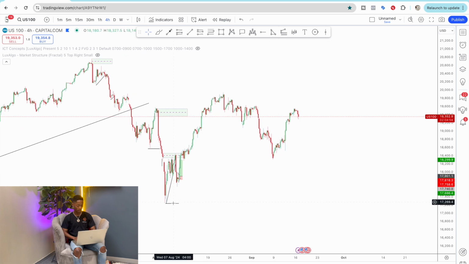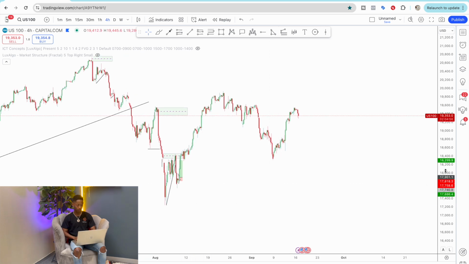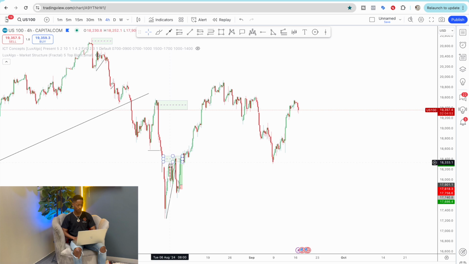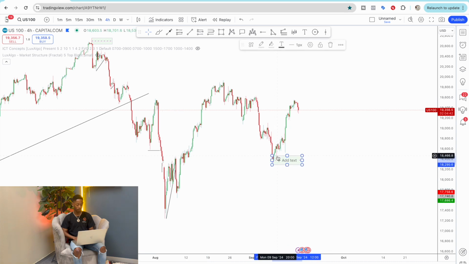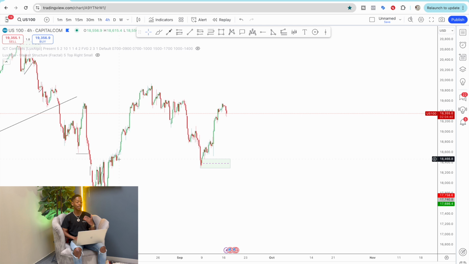So what we can do now is start seeing where exactly price is looking to go. With what I'm seeing, I'm just going to do this. Let me remove this as well. Let me remove this and this. Okay. And then we'll be able to spot this, because with what I'm seeing, this has been an up, low, up, and now this being a low. So obviously I'm looking for price to go all the way up and break above this. So I'm looking for price to break above this area, which means that this can be my first take profit.